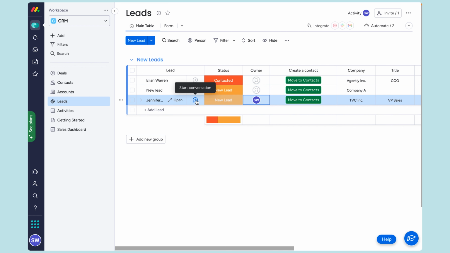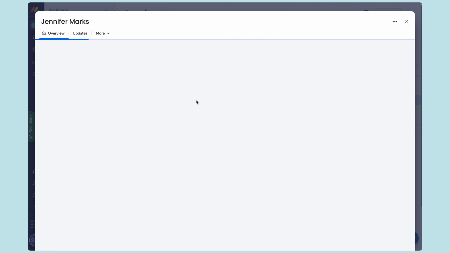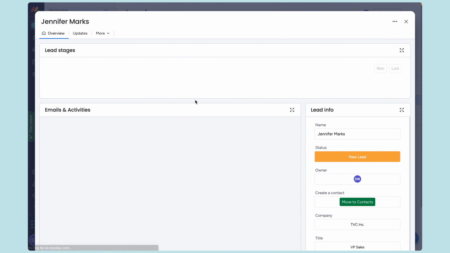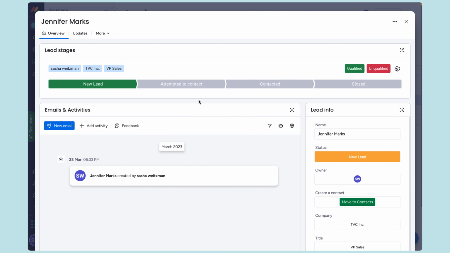On each item, we have a speech bubble that opens to the update section. In addition, within the CRM, each lead, contact, deal, and account also has its own unique overview section with everything related to that item, allowing you to visualize all communication in one centralized place so everything is transparent, easy to follow, and properly organized. At the top, we can see the stage of our lead as well as the time